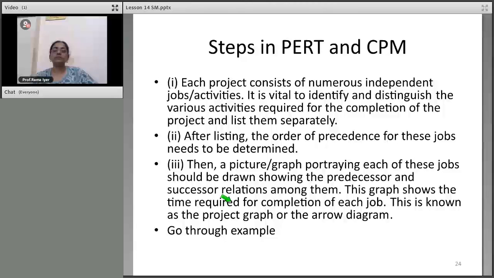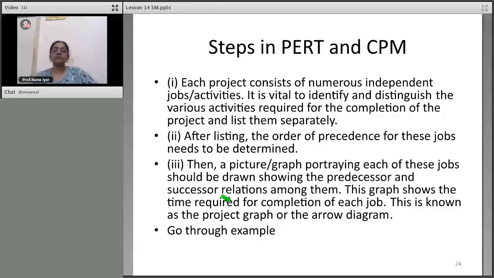So order of precedence. Certain jobs will have to be done first, therefore which jobs have to be completed before others should be determined. What can be done simultaneously? That also has to be specified. What has to be carried out simultaneously also has to be kept in mind. There are different interrelationships. Unless you do job B, you can't do job C. But while doing job B, you can do job D. That is what they are saying. So all these relationships between different jobs need to be clearly laid out.